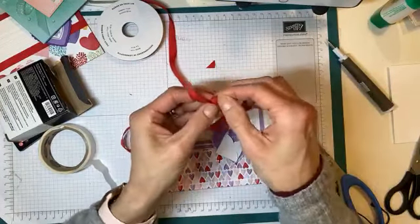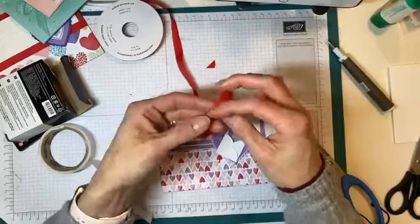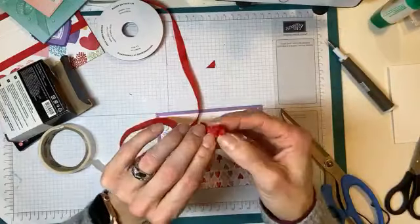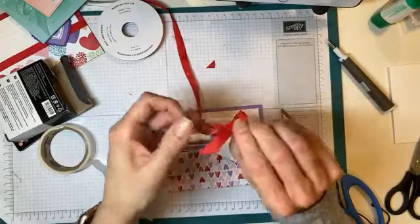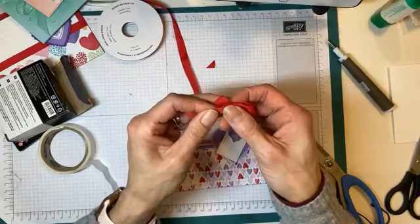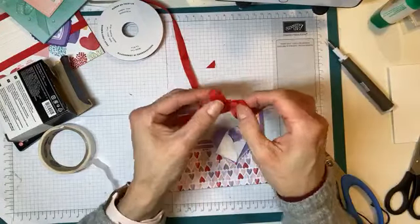Okay, I think we'll go from this side. Sometimes you just got to turn it over, right? And see what is your best side, and then just twist things around. This is why when people come to classes, they're like, can you tie my bow? I get it now. They think I'm so much better, but I'm not necessarily. I think I'm just more willing to